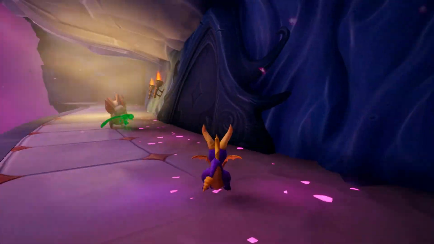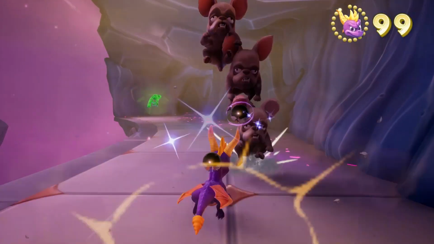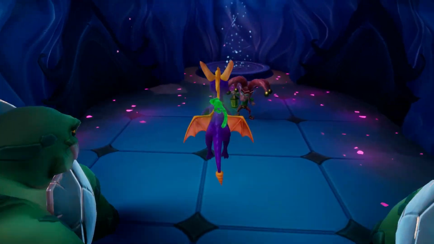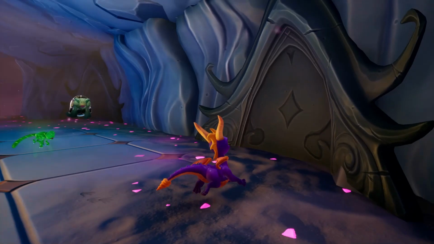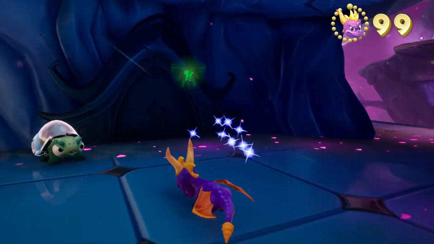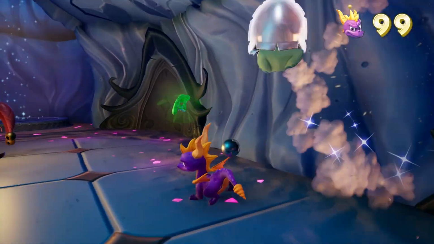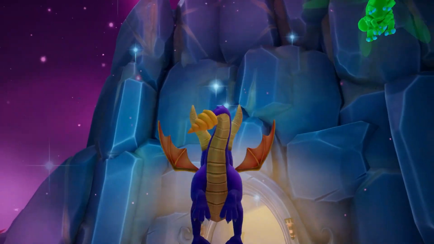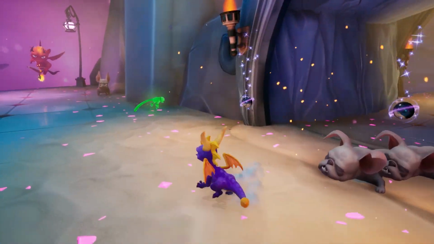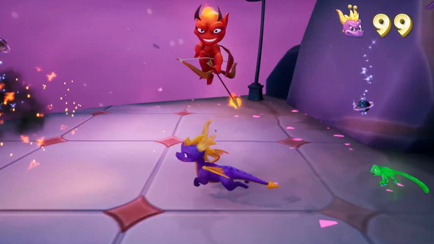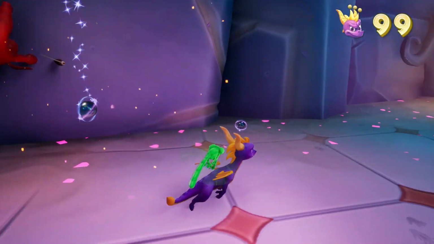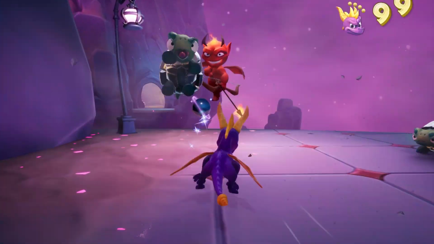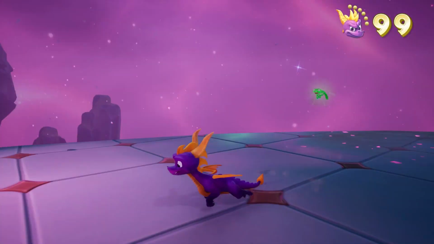Now, if this dark energy were to also be attracted to various pockets of dark energy as well, like the Dark Realms, perhaps this also could have been the same for the Shadow Realms in the original timeline, if that were to also be part of the multiverse. Which would, of course, give a reason why in the original timeline there is no Dark Spyro. Now, of course, Dark Spyro wasn't a thing at the time. However, from a lore standpoint, that could actually be the reason why we couldn't particularly see one.